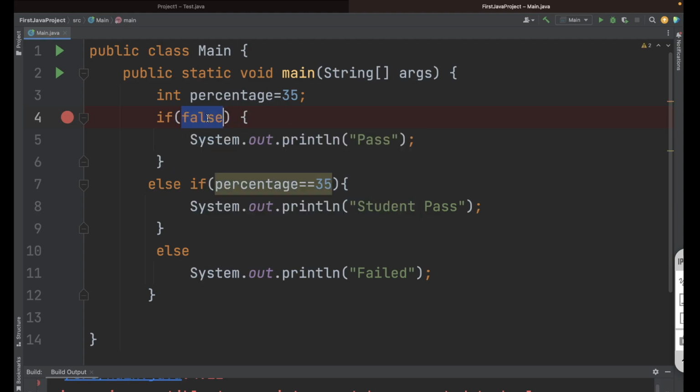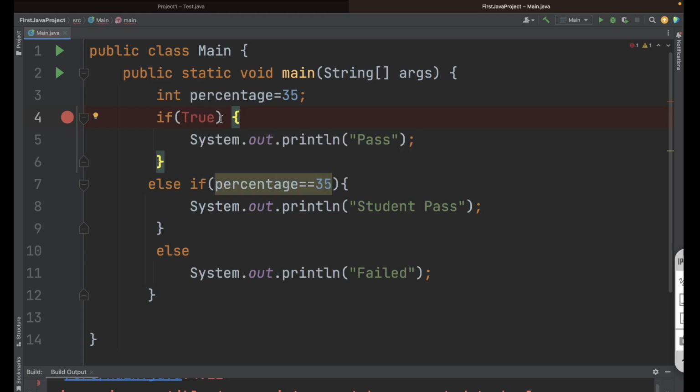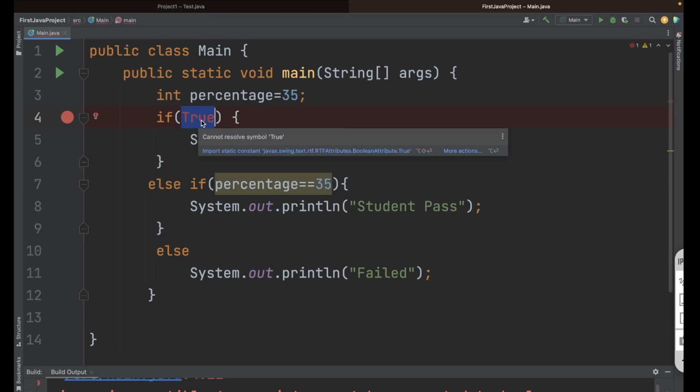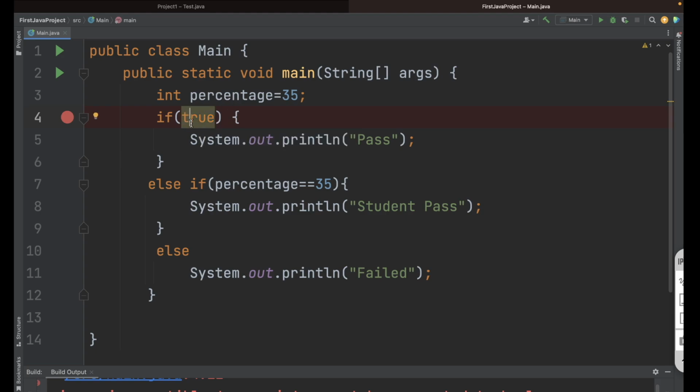But even if you try to pass it like this, T capital, R, U, E, then also it will give an error. Why? Because this has no meaning in Java. In Java, true is a keyword. So you always have to keep this naming convention in mind. For true, all the letters are small, even the first letter.